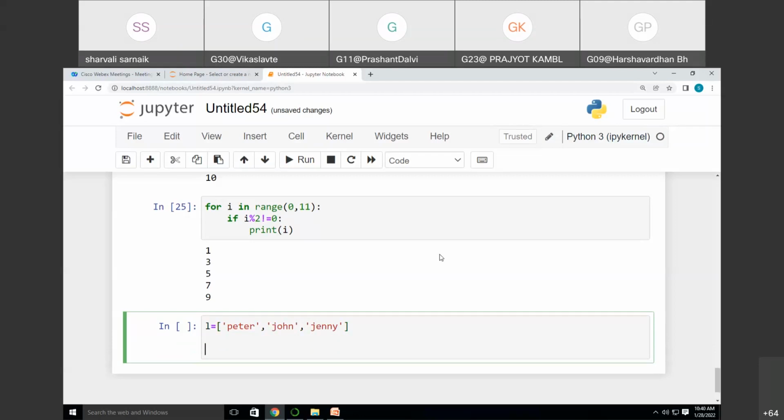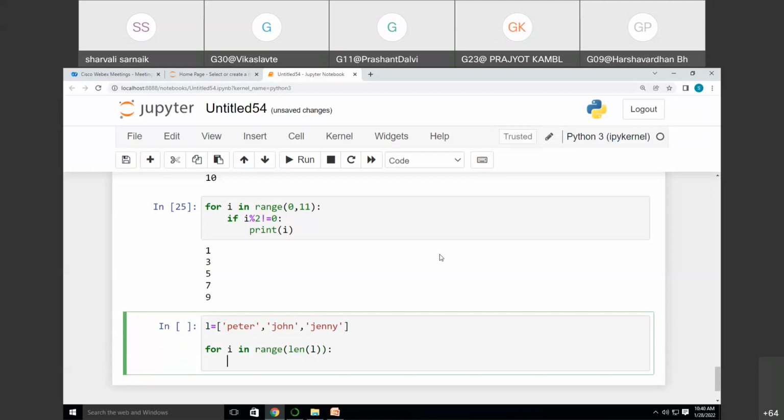Now I'm writing the for loop, for i in range. I need to calculate the length of that list. We have the len function which helps us find the length. So I'm writing len. The range function will first find out the length, and on that basis it will help us print the indexing. So I will write print, I will just write hello first, comma,